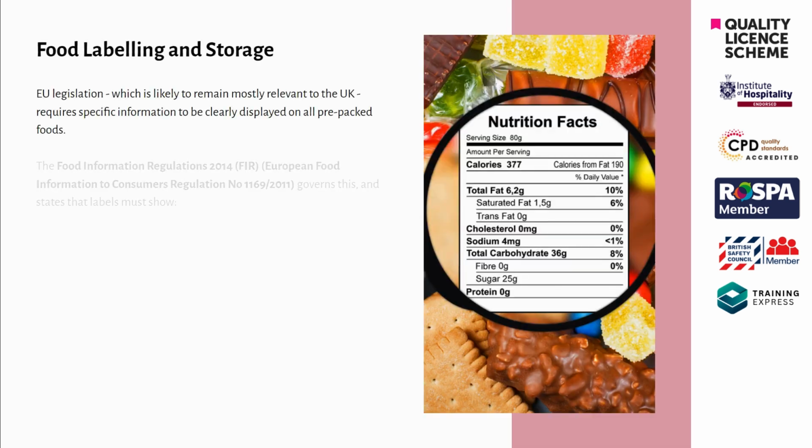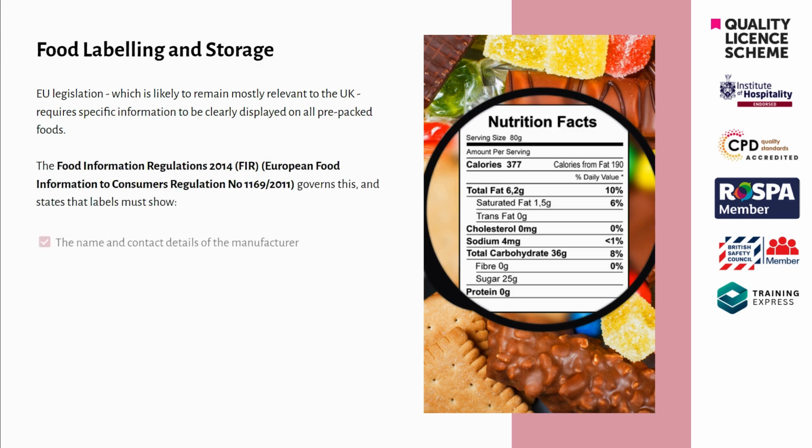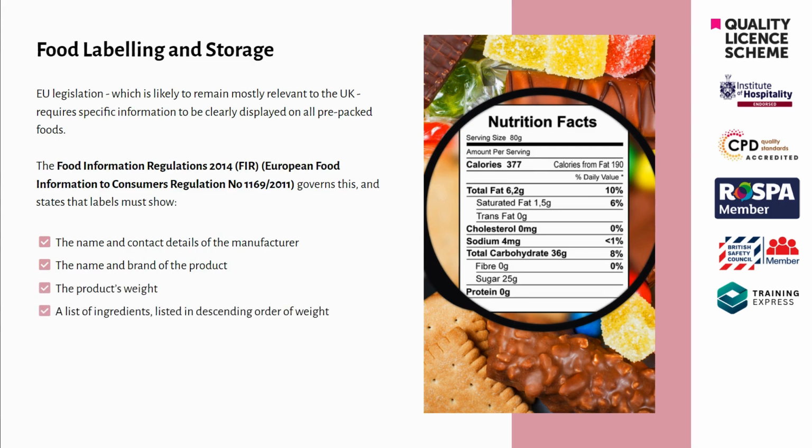Food labeling and storage. EU legislation, which is likely to remain mostly relevant to the UK, requires specific information to be clearly displayed on all pre-packed foods. The Food Information Regulations 2014, FIR, European Food Information to Consumers Regulation number 1169/2011, governs this and states that labels must show the name and contact details of the manufacturer, the name and